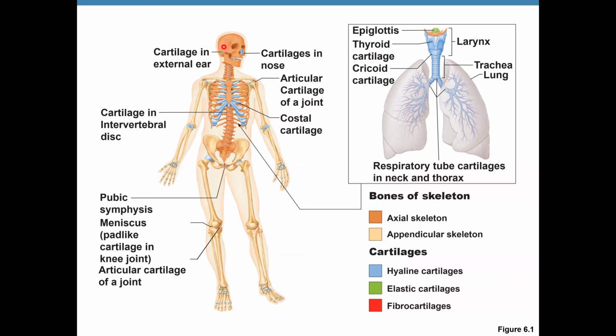Elastic cartilage is found in the external ear and the epiglottis. The epiglottis is a structure that covers your larynx when you drink or eat something. When you eat your food or drink water, the epiglottis covers the larynx, so the food and water go to the esophagus instead of going to your trachea, your windpipe. So that's our elastic cartilage. And fibrocartilage you would find between the vertebrae,